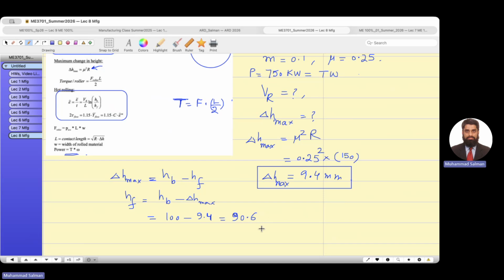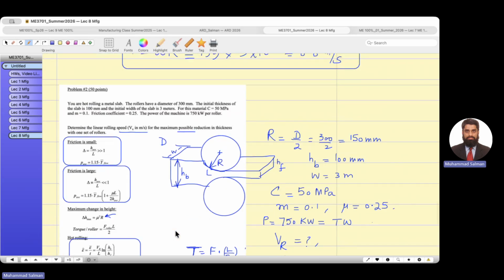This is 90.6. Final thickness. Do you understand that? Okay, the next part says